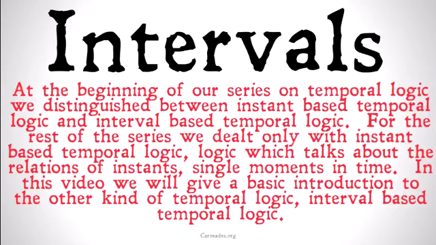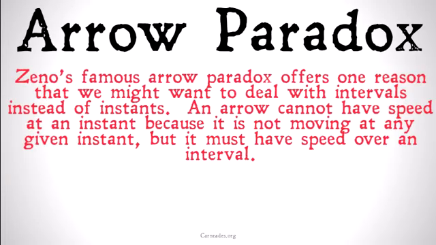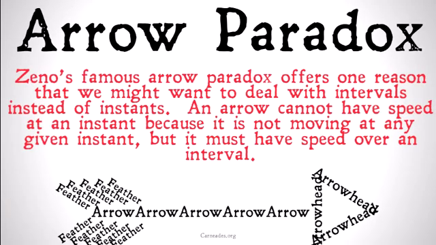Interval-based temporal logic does not deal with particular instants in time, but rather with intervals or periods of time and the relation between them. So, Zeno's famous arrow paradox offers one reason that we might want to deal with intervals instead of instants. An arrow cannot have speed at an instant because it's not moving at any given instant, but it must have speed over an interval. If you want more information on the arrow paradox, check out my video on the subject. But it's just a little bit of information of why one might want to use interval logic instead of instant logic. Interval logic is going to be more expressive than instant logic, but it's also going to be much more